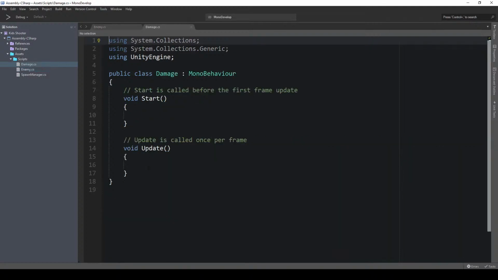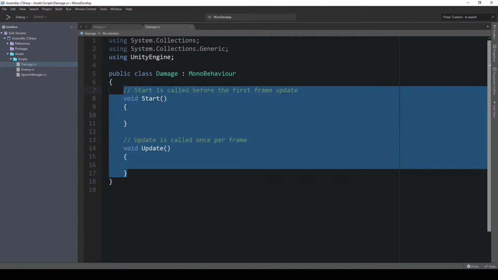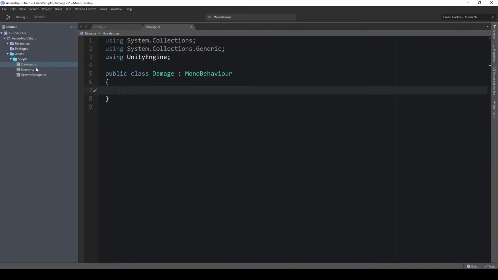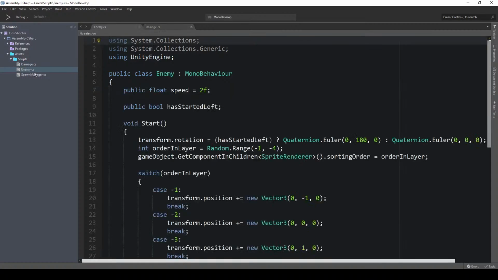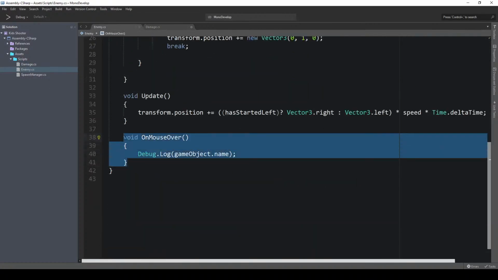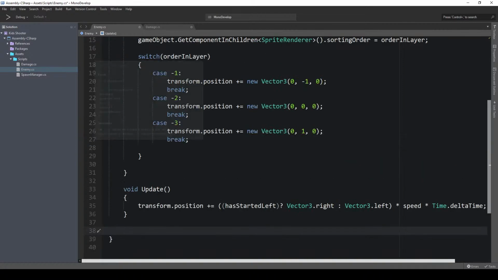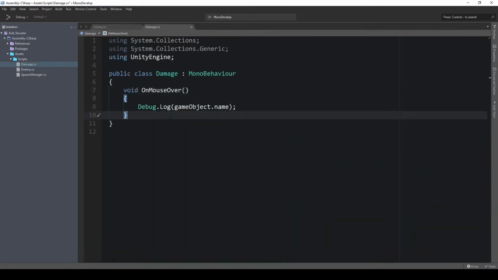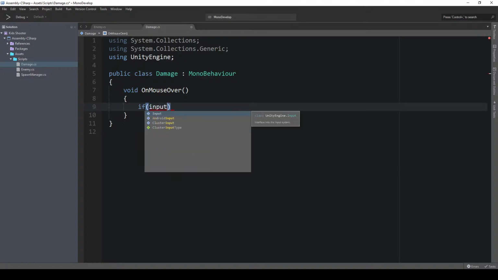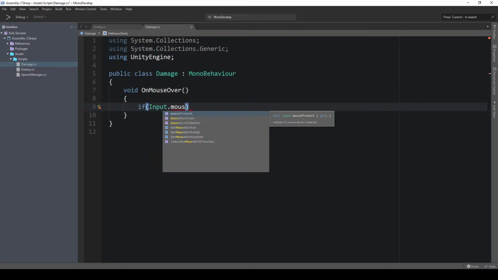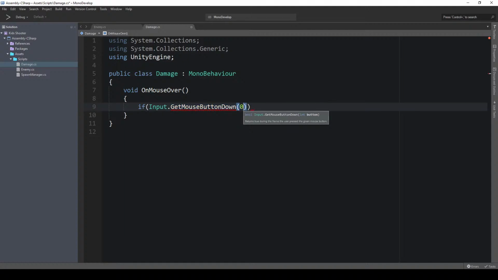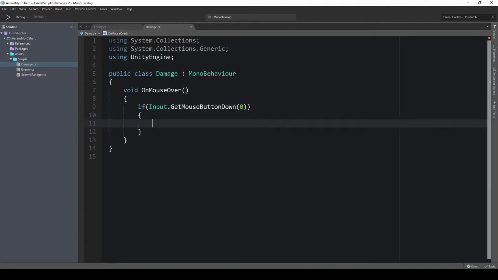Open damage script, and we don't need start and update yet, but we later on may need a connection to somewhere else. Like from enemy, we're gonna take now this onMouse over thing, gonna cut it out, save the script, and bring this into damage, because in here we now can do anything we want. For example, we can say, if we are hitting the left mouse, if Input.GetMouseButtonDown, and then we need to define the number 0, in this case the left mouse button. If we click that, then we want to say